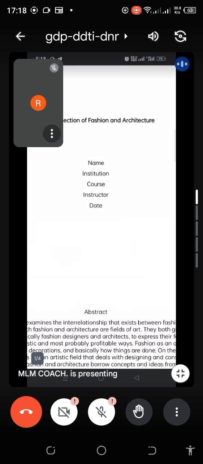So you can see our topic is the intersection of fashion and architecture. Then you skip about 4 lines, then start writing the other affiliations, other details like the name of the student, the institution, the course, the instructor, the due date. These details you don't need to fill in, because we are doing academic writing work